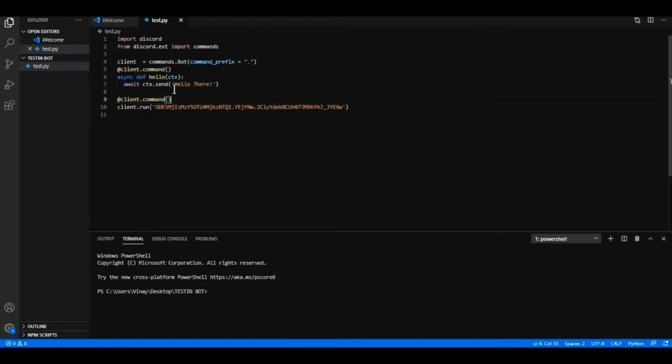Then we need to create a new function that takes 3 arguments named ctx and the member to ban, which is gonna be discord.member. Then we put an asterisk and then we put the reason for banning. After you have done that, we gotta do await ctx.send member was banned,